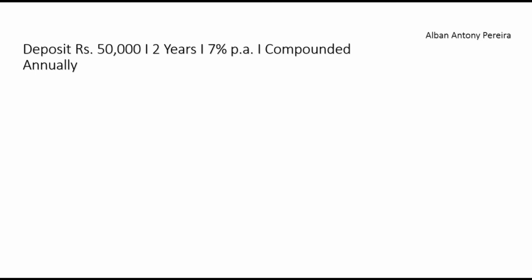Okay, I have mentioned the question here, the same question for calculation on the basis of compound interest method. So the initial deposit is rupees 50,000. So deposit here is nothing but principal and 2 years time. So this is T, time, and this is I, that is interest rate. So it's mentioned here compounded annually. So when the word compounded is mentioned, it means we have to calculate on the basis of compound interest method. So it is compounded yearly.